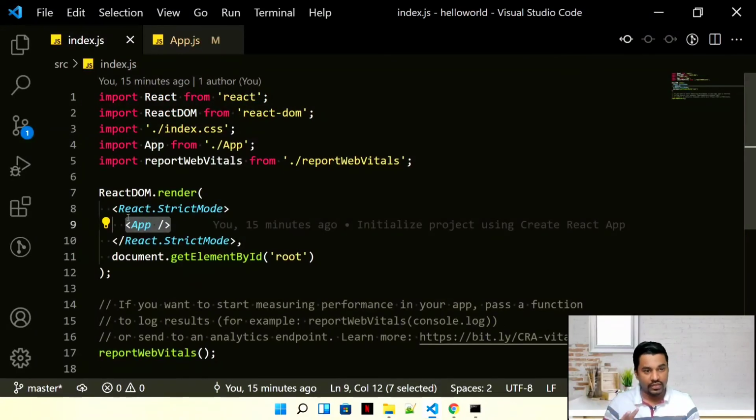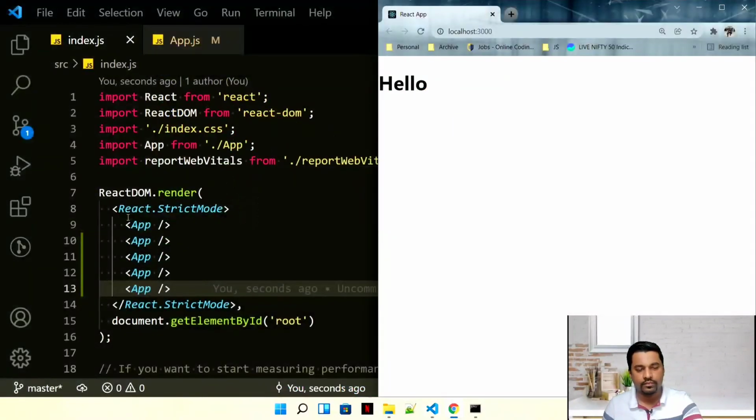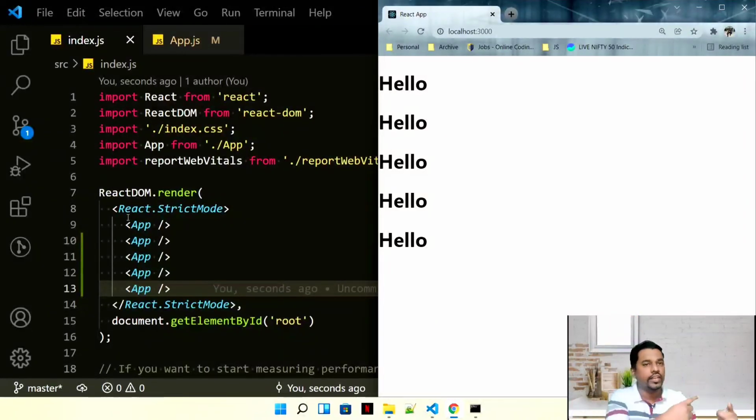So easy to understand. I can write this 100 times. If I save it, you can see the hello would be rendered that many times. See, it compiled and it refreshed. It's that easy. We usually write components for their reusability. Here I have written the hello once, but I have reused it 5 times. In this way, you can write a long piece of code and reuse it so many times. This is the power of a component. This is the power of React. You see how interesting and how simple it is to create a React application.